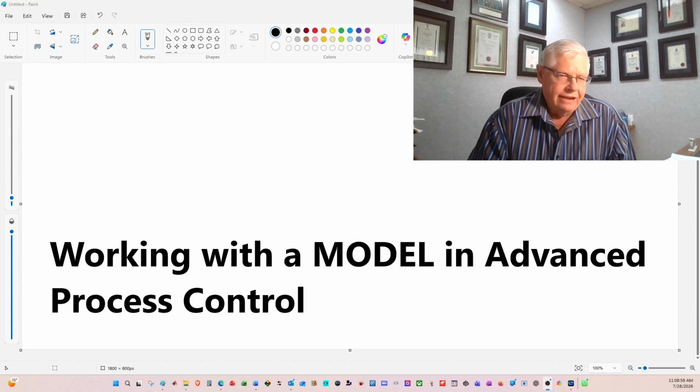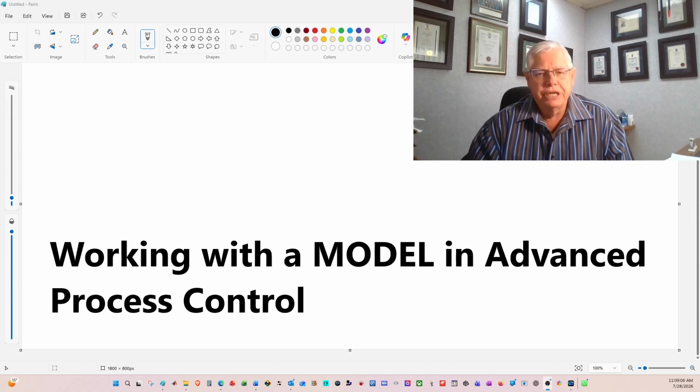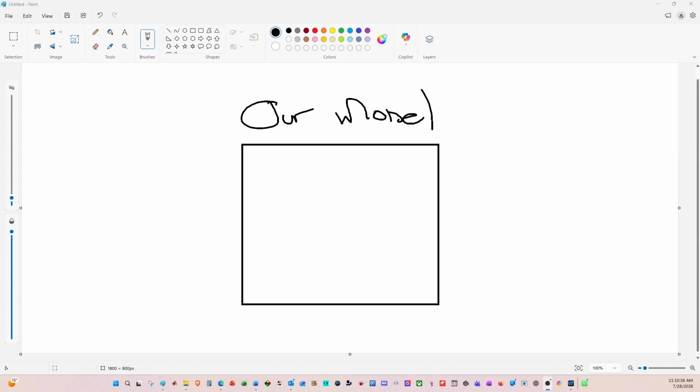When doing advanced process control, one is often going to hear reference to a model. Welcome back. We're going to take the next couple of minutes and put all of this into perspective. I've taken the liberty of putting a simple little diagram on the screen itself. Now, in advanced process control, or the acronym APC that we're often going to encounter, we like to represent our